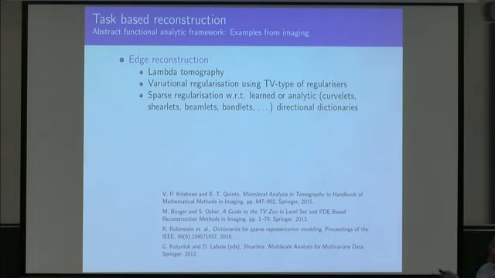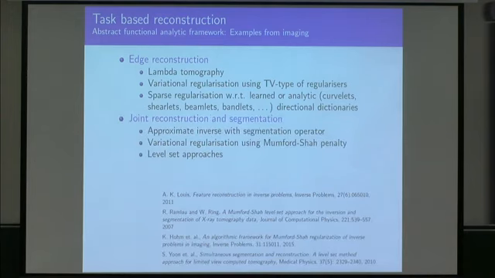Of course, we've seen various examples over the days here with TV type of regularizers that in one way or another capture edges but also maybe other features. But edges predominantly are also important here. You could also, we've seen yesterday with the presentation by Gita, she introduced shearlets to you guys, for those of you who were at that presentation. Then you are reconstructing dictionaries that allow you to sparsely represent edge information. So that would be also, again, an edge focusing reconstruction scheme.